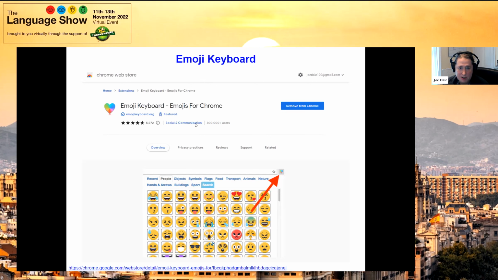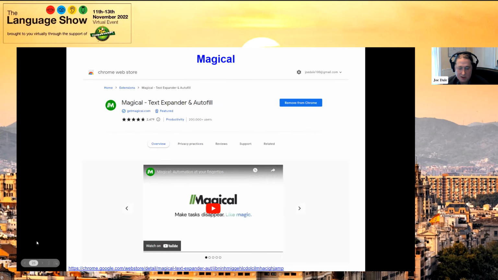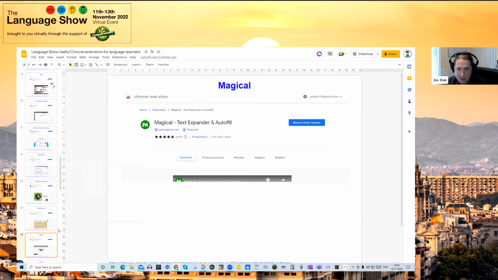So that's another really nice emoji keyboard extension, which particularly lends itself nicely to languages. This one is called Magical. It's a really nice tool. What it allows you to do is it's a text expander. So what that means is, if I give you a flavor right now, if I exit the slideshow and I